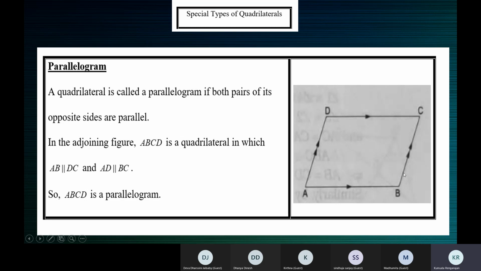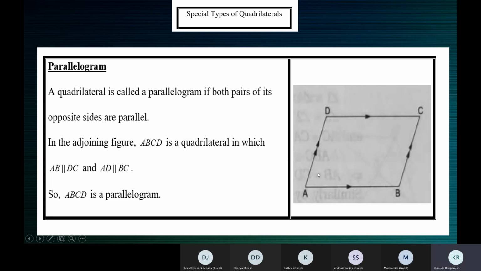Now if B is 120, what is the measure of D? 120 degrees, ma'am, because what is the property in a parallelogram? Opposite angles are equal. So if B is 120, angle D will also be 120. What is the measure of angle C? What is the measure of angle A? 60 degrees, ma'am. So angle C equals 60 degrees. So if you know one angle in a parallelogram, you can find the measures of all the other angles.